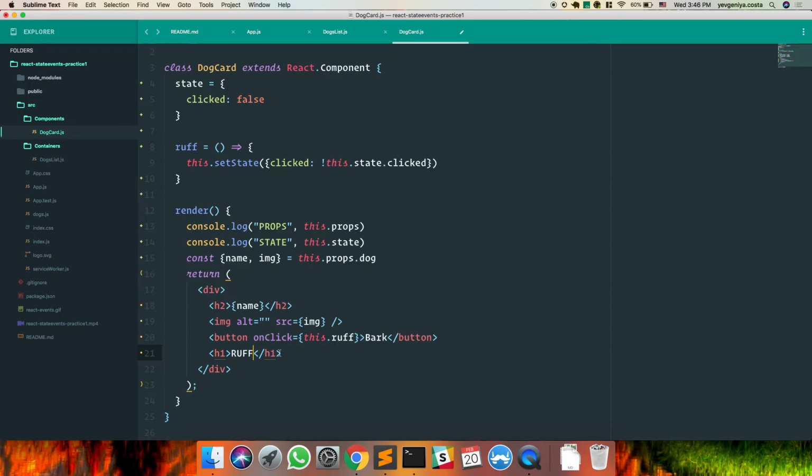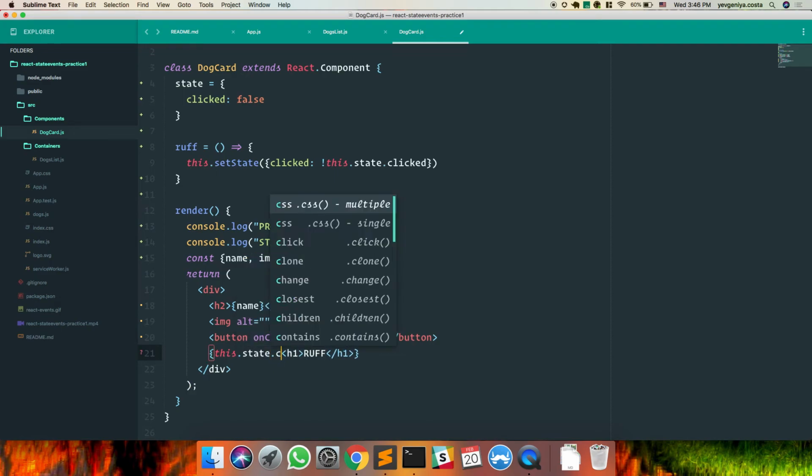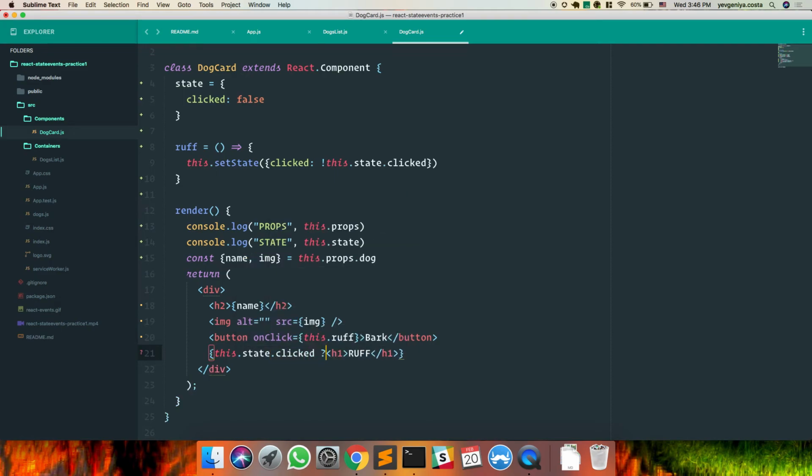So how does the ternary come into play? So you could open curly brackets. Okay. And then in the beginning, type this dot state dot click, question mark, and then